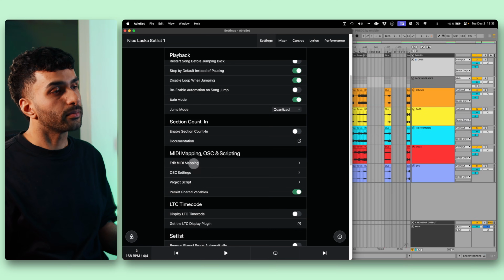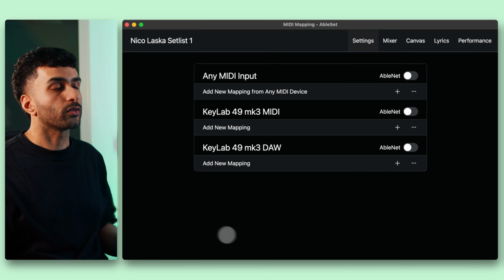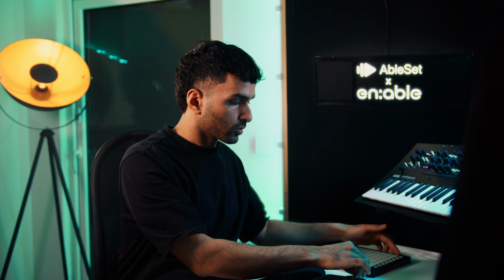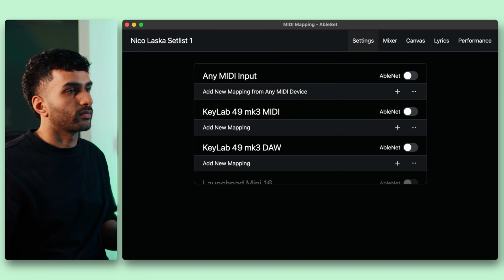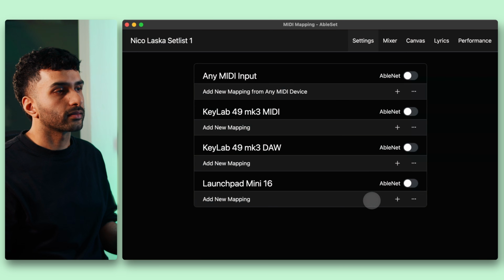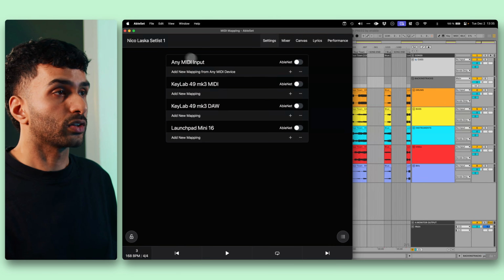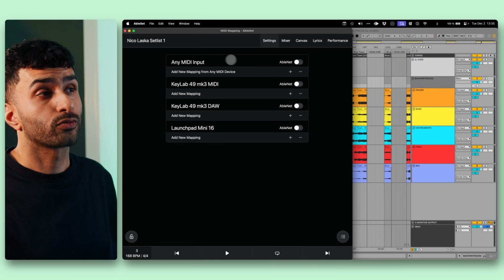When I click into Edit MIDI Mapping, AbleSet will actually show me a list of all connected MIDI controllers, and I can then just go ahead and hook up the MIDI controller I want to use, and AbleSet will recognize it right away. MIDI mappings can be device-specific or global, so AbleSet will react to them regardless of which MIDI input they're coming from. In my case, I'd like to only control AbleSet from my Launchpad Mini right here,